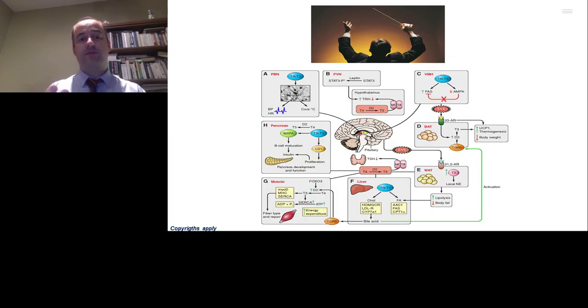Because, as everyone knows, the thyroid is one of the most important glands of the body by size and by weight, and the thyroid hormones are masters in controlling many metabolic functions and organ functions in the body, and